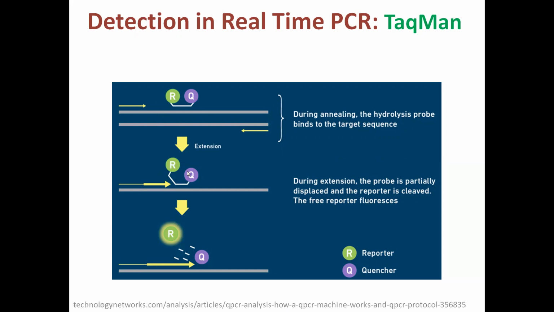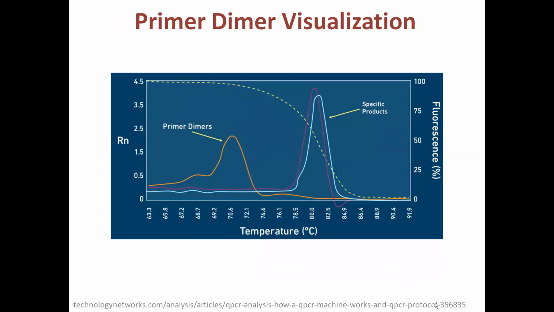So that reporter and the quencher will be separated and we see more fluorescence. It is more accurate and gives us more accurate data than the SYBR-Green methods. And this TaqMan is used for the multiplexing that we will discuss in one of the following slides. So what is the advantage of this